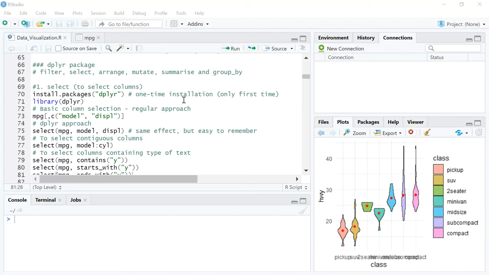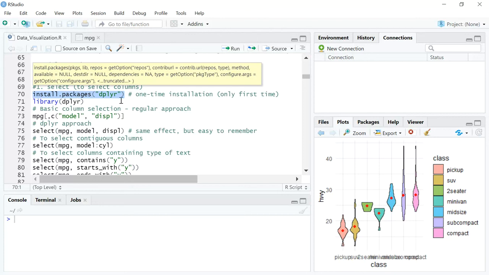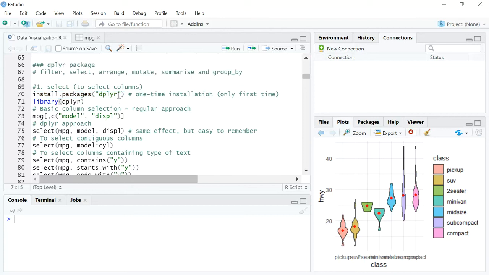Right, so for those who have not used this package before, we should first start off with install.packages, and inside the parentheses you should put double quotes and write dplyr. I have already installed it, so it will throw an error, just like you saw in the first video. After you have made this first time installation, you should call the function. So this is like a regular practice in R, right? So I've now called the function.